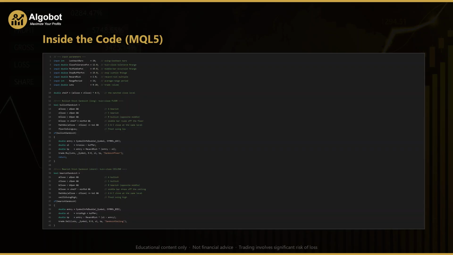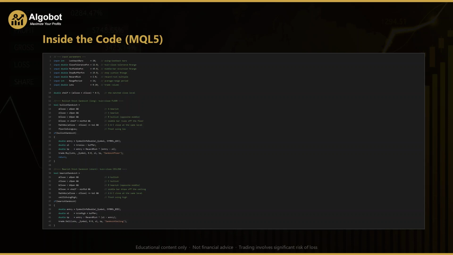Below that, the shelf is computed as the midpoint of the first and third closes. The bullish block checks that the first and third bars are bearish. The middle bar is bullish. That middle close sits at least the minimum distance above the shelf. The two closes match within tolerance, and the trio low is a fresh swing low. When that condition is true, the code reads the ask price, sets the stop below the trio low minus the buffer, measures the risk, computes the target at reward risk times that risk, and calls trade.buy with those stop and